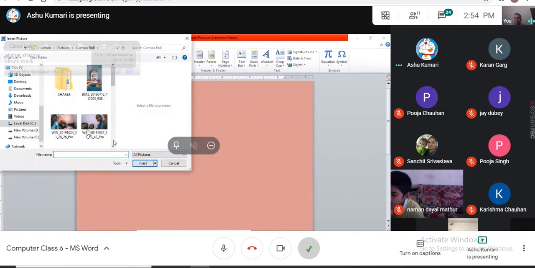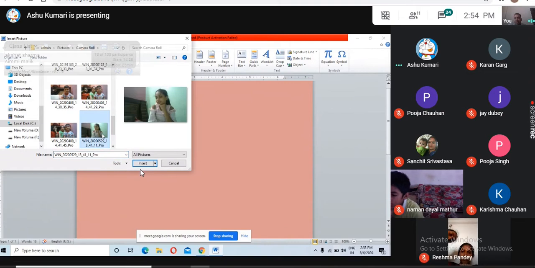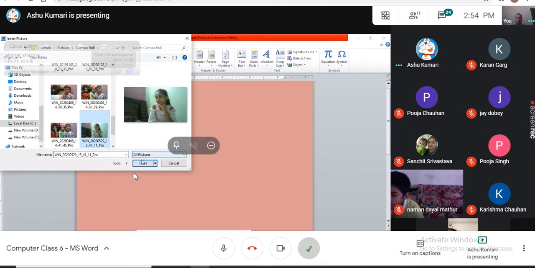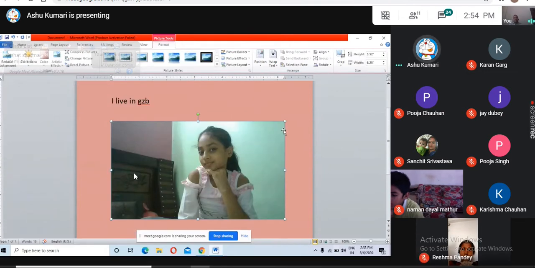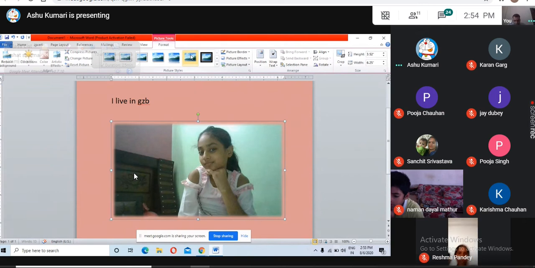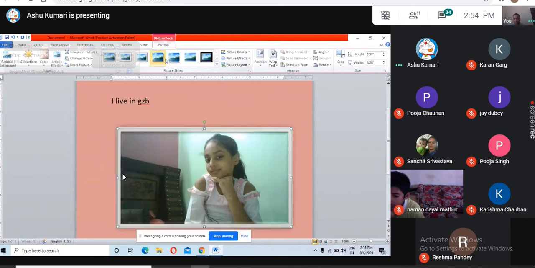Now you can select any kind of picture you want. Select that picture and click insert at the bottom. Now you can see that your picture is clearly visible. This is how we can use the feature for inserting a picture in a document. So these are different options for inserting a picture.